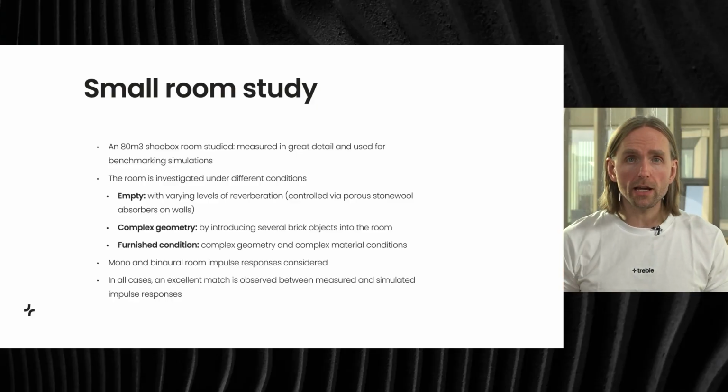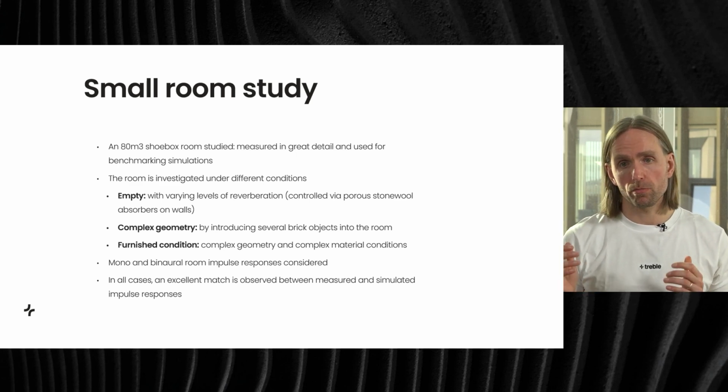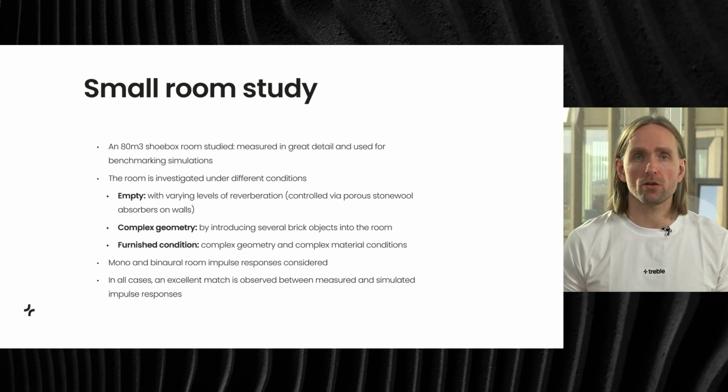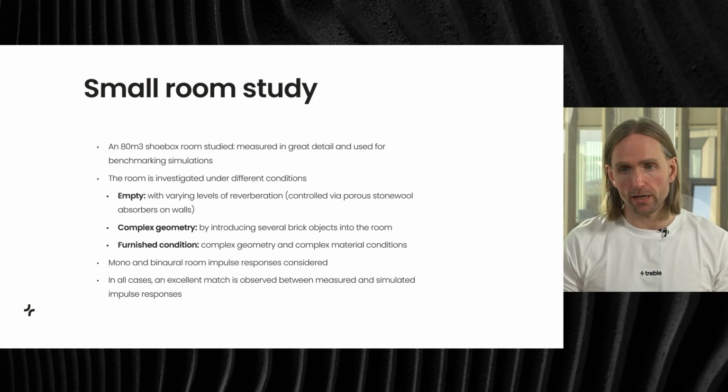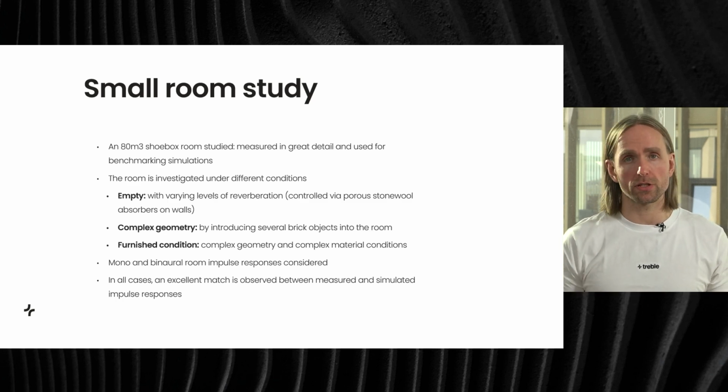Then we took 10 tons of bricks into the room and laid them around in random positions to really make the geometry of the room very complex. But the reason we chose bricks was to still keep the material properties relatively simple, but very complex geometry. And then finally, we went the whole way, where we have both complex geometry and complex material properties by introducing a lot of traditional furnishing like sofa and chairs and tables and things like that into